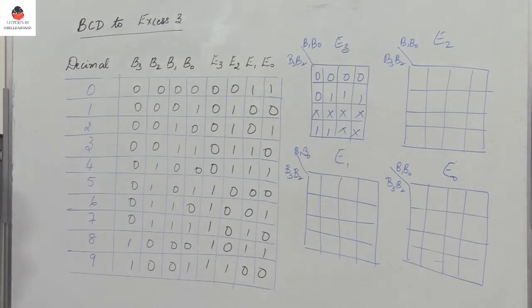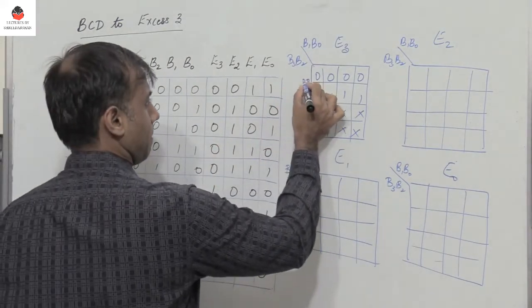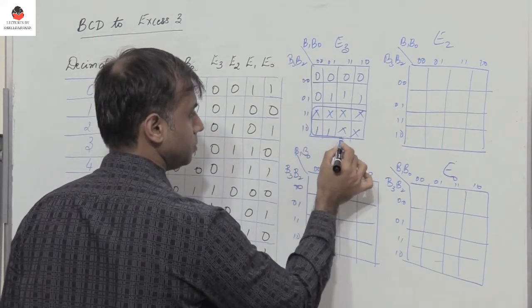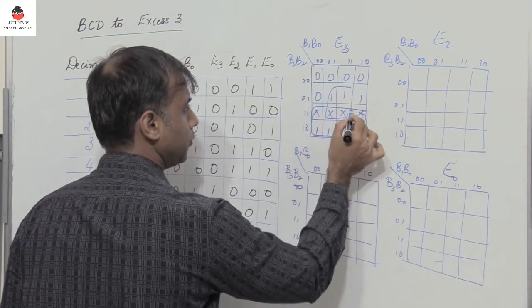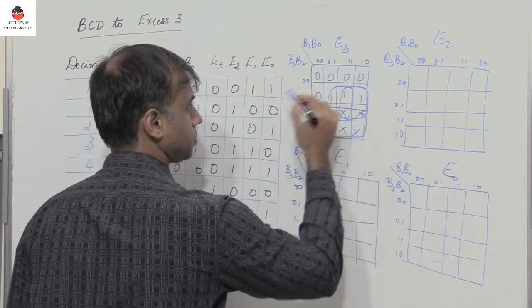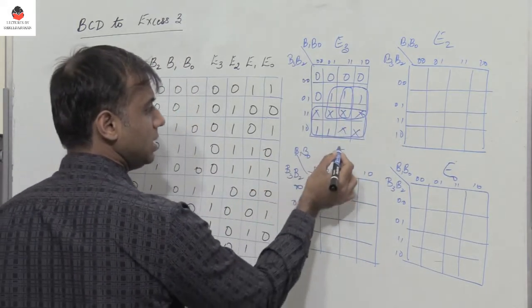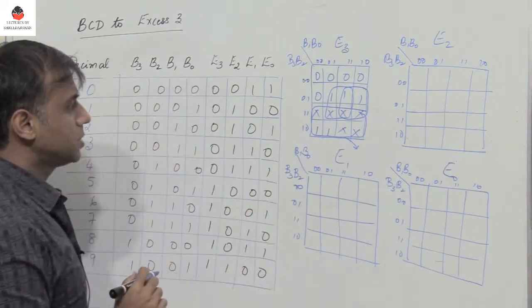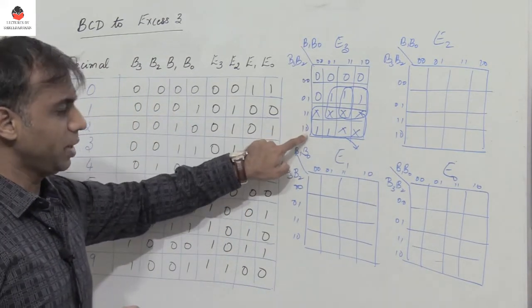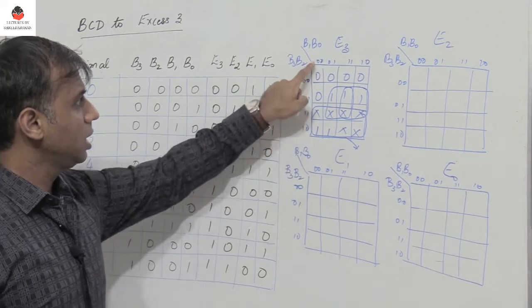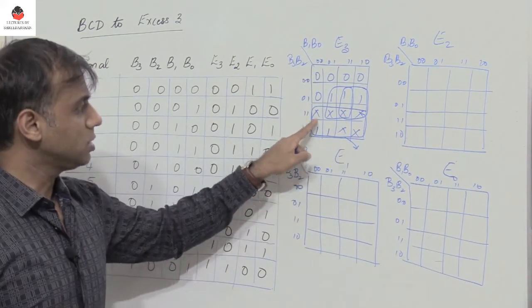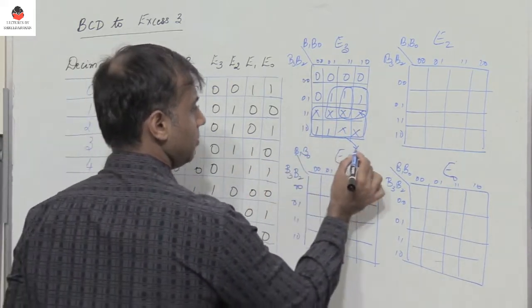So now I need to combine them. So how can I combine? I can combine these 8 and these 4 and 4. Now when I combine these 8, what do I get? So here observe that B2 is complementary, so B2 gets cancelled, and B1 and B0 over all these 4 columns are complementary, so it gets cancelled. So I have B3